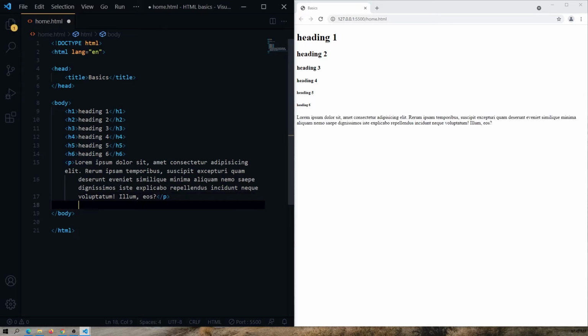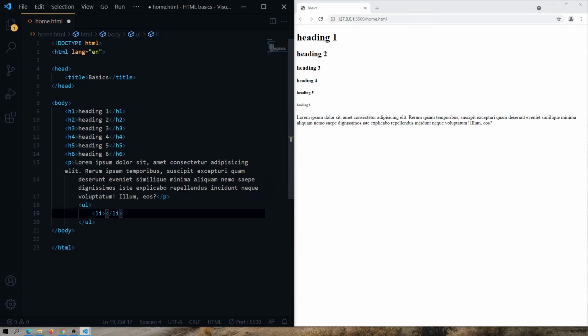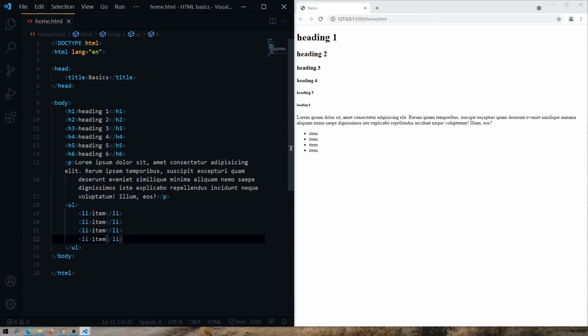We have so many types of tags. For example, inside ul tag, to list item, use li tag. This is unordered list. For ordered list, we use ol tag.